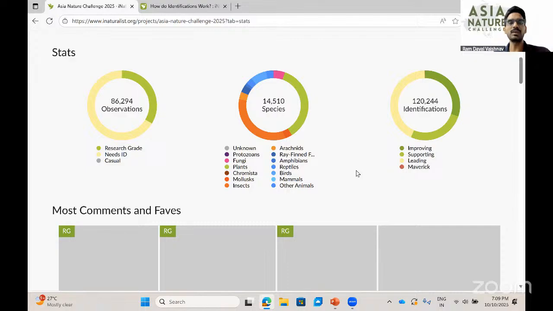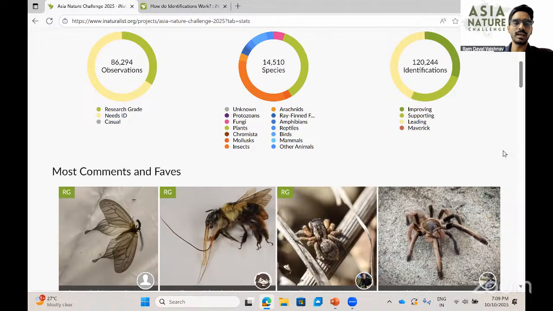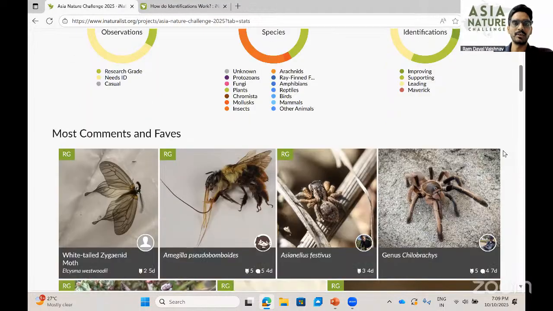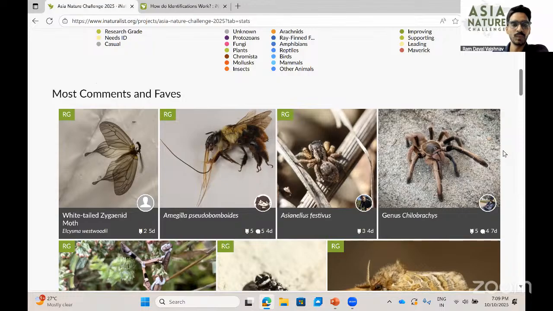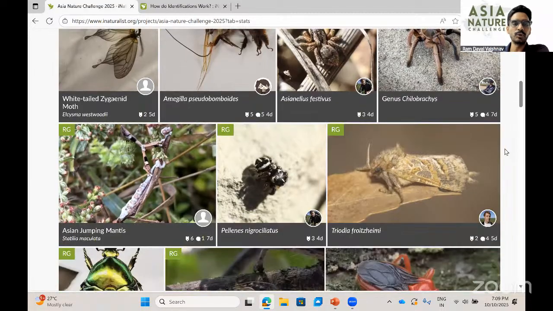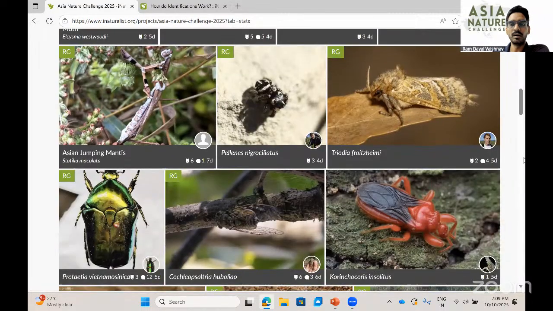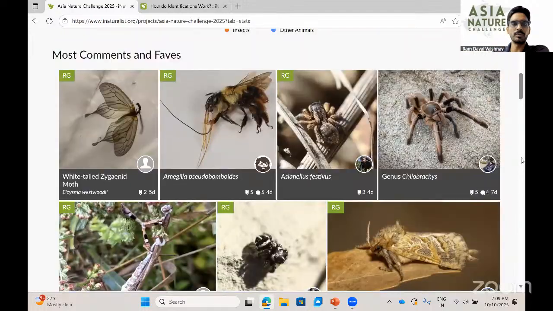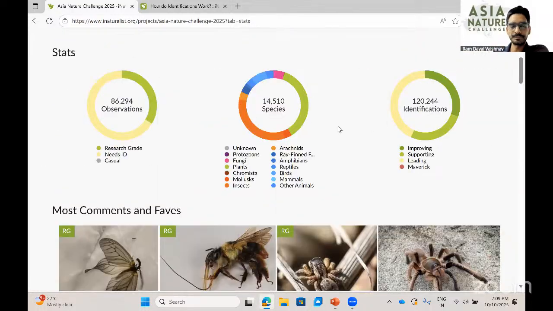And second is, whenever all these observations which we have, we would definitely want to see what kind of organisms are there. So you can even just contribute by moving the unknown observations from unknown to the other taxa. Right now, as you can see, we have around 13,000 observations which are unknown. So it would be good if we can move them to one of the respective taxa. So with that, I will give it over to Casey.